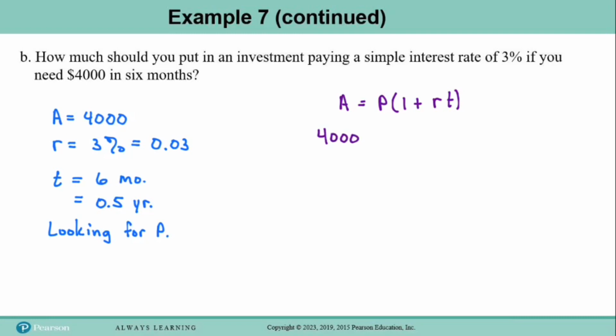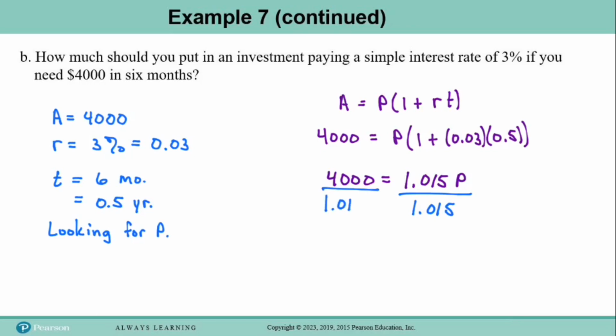And we'll plug in our known values. So for the A, we'll put 4,000. The P will just stay a variable because that's what we're looking for. The R will be 0.03 and the T will be 0.5. So I'll have in parentheses 1 plus 0.03 times 0.5. And then the way we did it on part A was we went ahead and evaluated the number that we have right here. So let's go ahead and calculate 1 plus 0.03 times 0.5, and that will give us a coefficient for our P of 1.015. And then we want to divide both sides by 1.015, and that will cancel out from the right side, and we'll have P equals 4,000 divided by 1.015. Make sure and practice using your answer function on your calculator. And so that will give you P equals